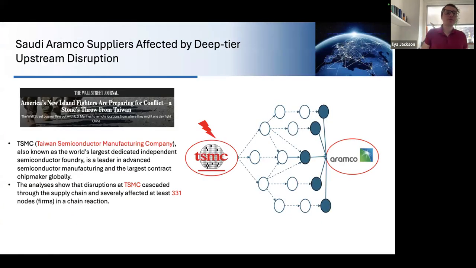Once we build this setup, we can run a simulation and answer a question: what happens if TSMC is disrupted? It's a very realistic scenario because these days we see scary headlines, like from the Wall Street Journal, that tensions between US